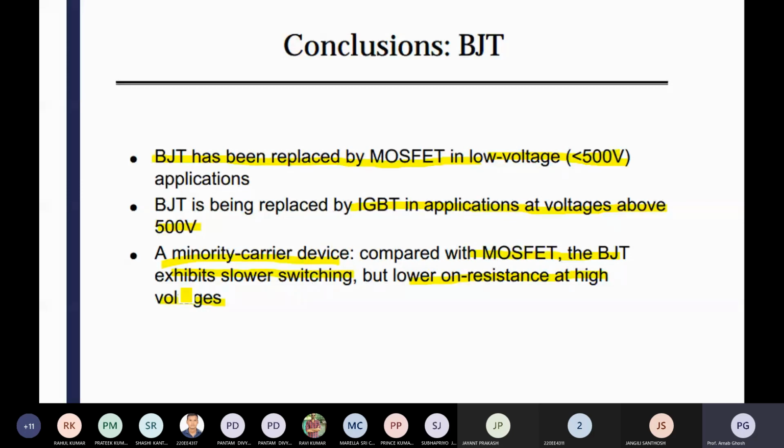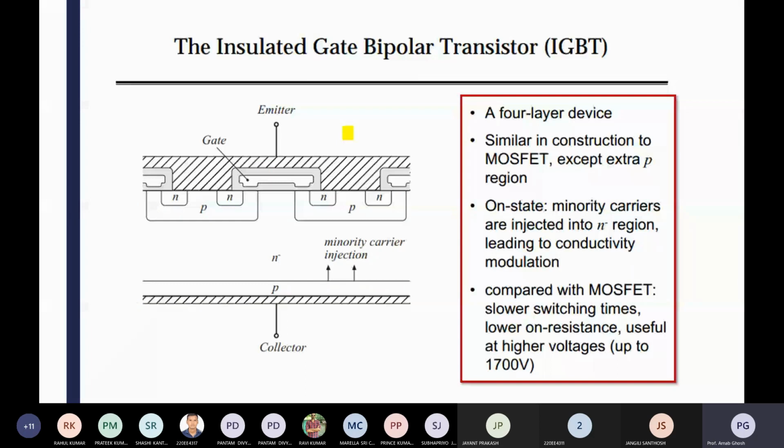Here you can see a MOSFET-like gate, and the rest is P and N minus, so it looks like a four-layer device, similar in construction to the MOSFET except for an extra P region, which is not there in the MOSFET.